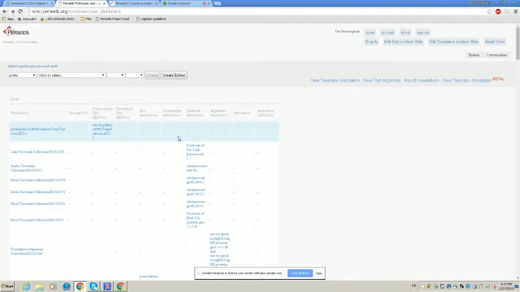I'm hesitant to interject because I seem to leave you all silent after I speak. But just to add to that, we have plans in this round to have a web designer hired to help us make working with the Perseids system better. Perseids is an editing platform, not a browsing platform, but it's designed to integrate with a browsing or reading platform. So, Greg, that's why I've been experimenting a little bit with Nemo as one entry point into doing work in Perseids, because that little drop down where you select text to work with,